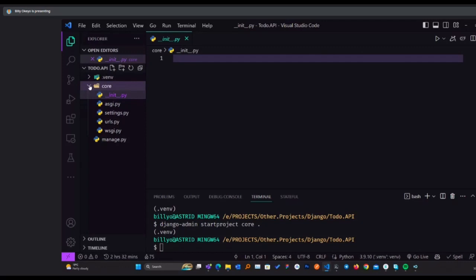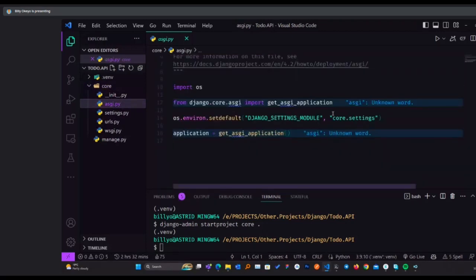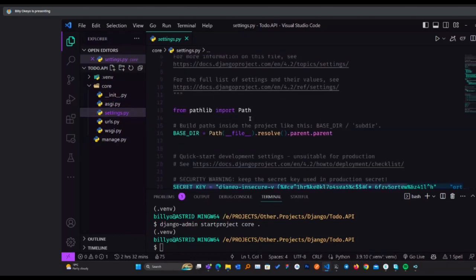So we'll be able to treat this entire core folder as a package. asgi.py is used whenever we want to deploy our applications. If we want to deploy in servers that run Apache, we'll have to configure the server settings in our ASGI. We have settings.py, which, from the name, holds all our settings for our project.